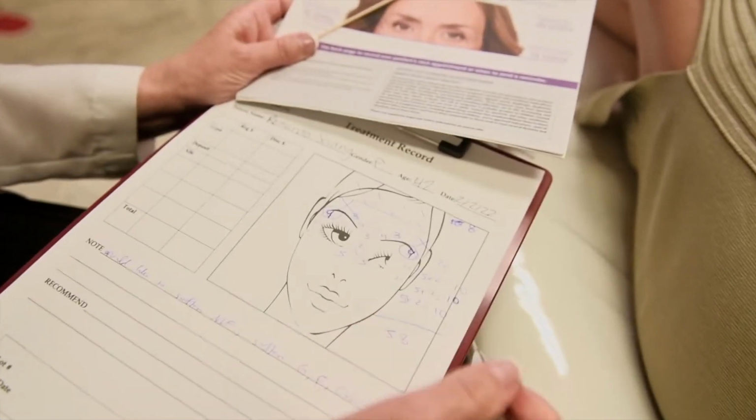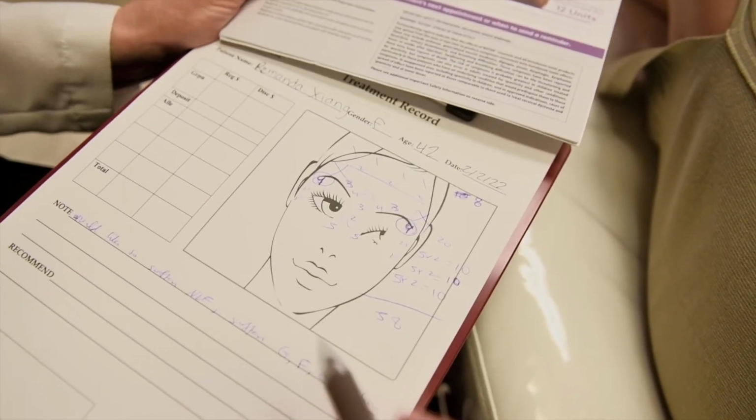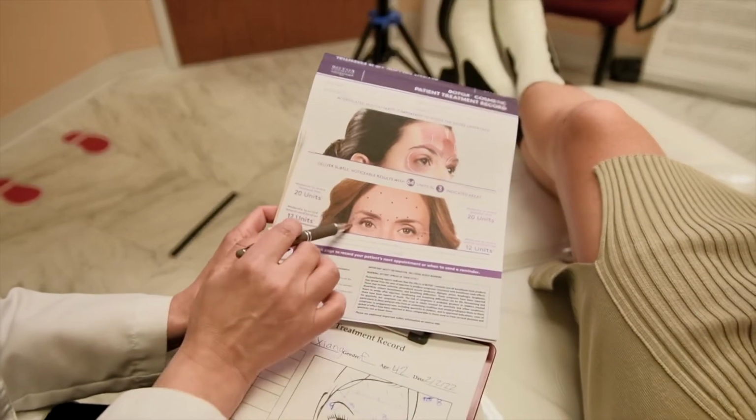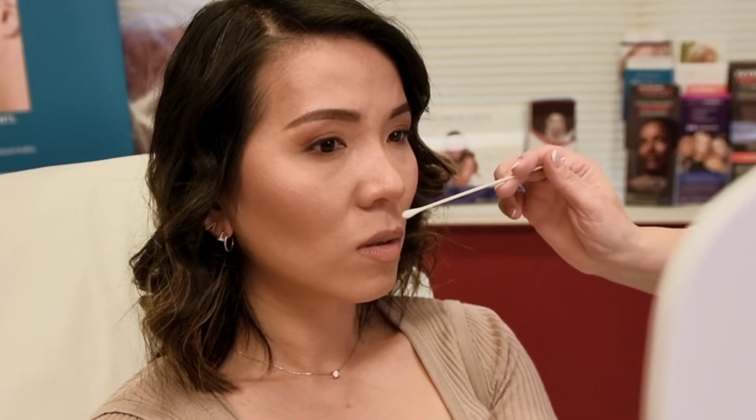Based on our discussion, we finally decided we are going to use a total of 58 units. We'll be using 8 units on the forehead area, 20 units around my eyebrows to lift them, and 30 units above my nose and also my crow's feet. Then Dr. Salty explained how long it takes for Botox to fully kick in. Typically, it takes about 10 to 14 days to see the full effect. She also said Botox usually lasts about 2 to 4 months, depending on your fitness level as well